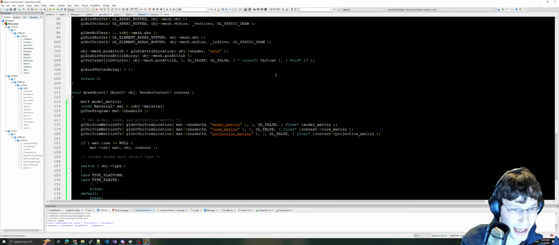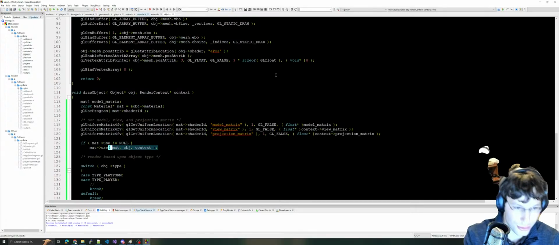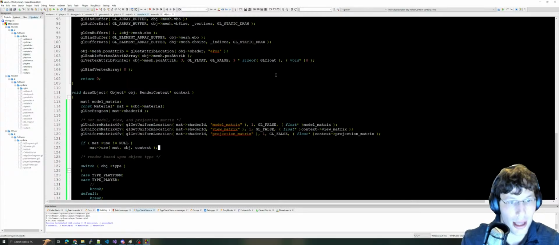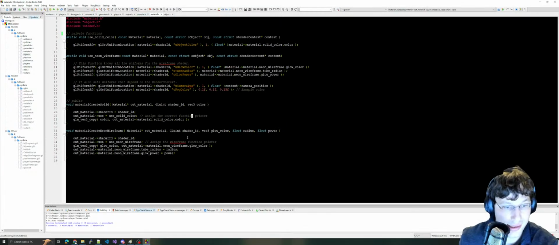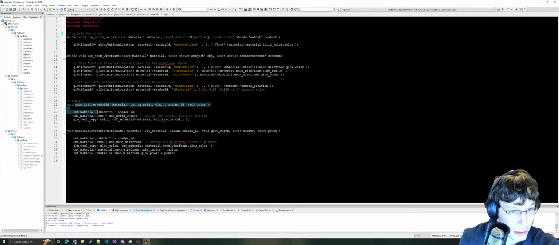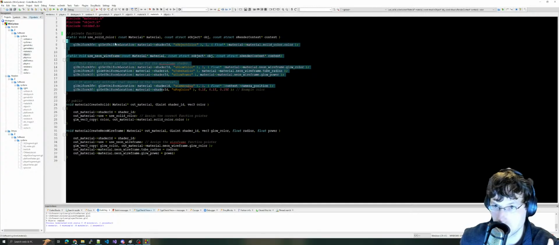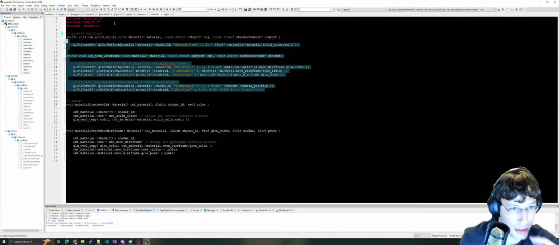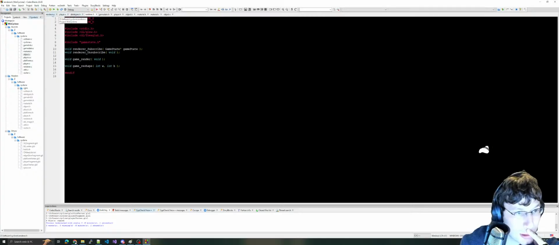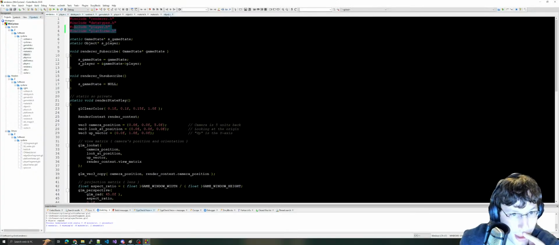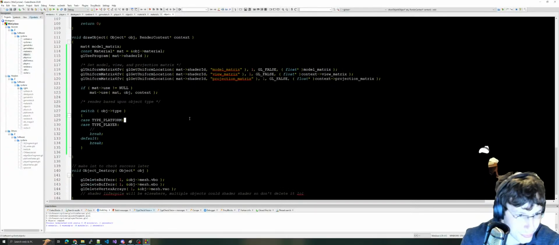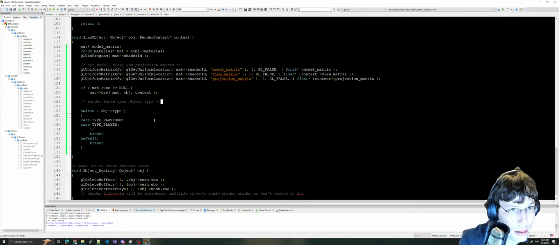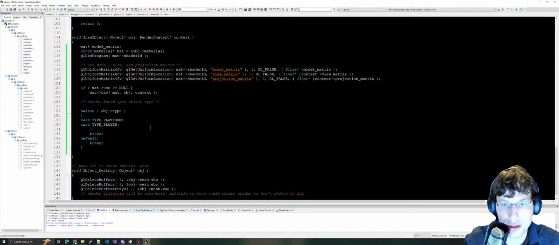So this here will pass your material object and context structs into the function pointer, and that function pointer is set to one of these, which, there you go. It'll now do individual stuff. Objects, there we go. So then